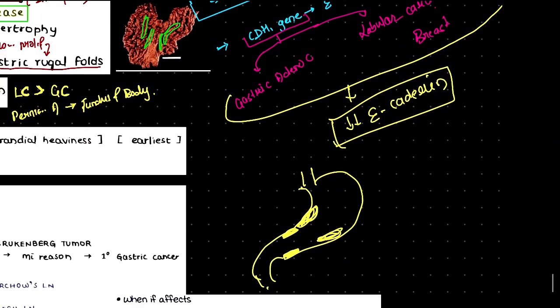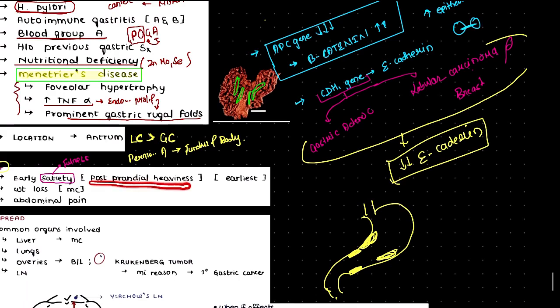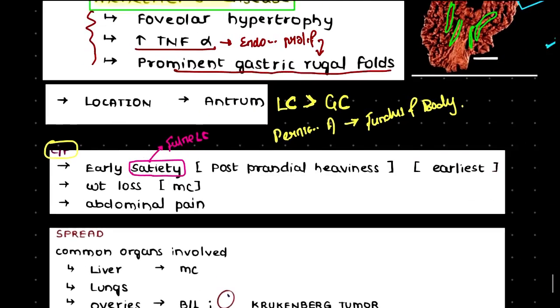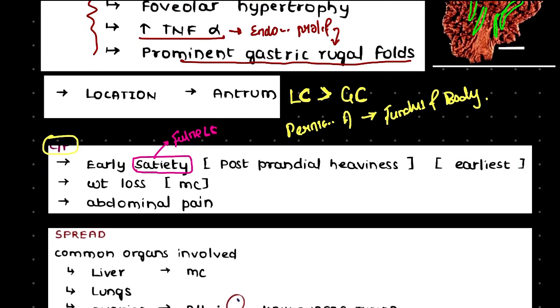It is when we have something in a little quantity, just a little bit of food, and at that time you will have a feeling of fullness in your stomach, and that is what we call postprandial fullness, right? And it is the earliest manifestation that we'll face. Because of this, we won't like to have a lot of food, and there will obviously be weight loss, right? And weight loss is the most common clinical feature. This can also present as abdominal pain, right?